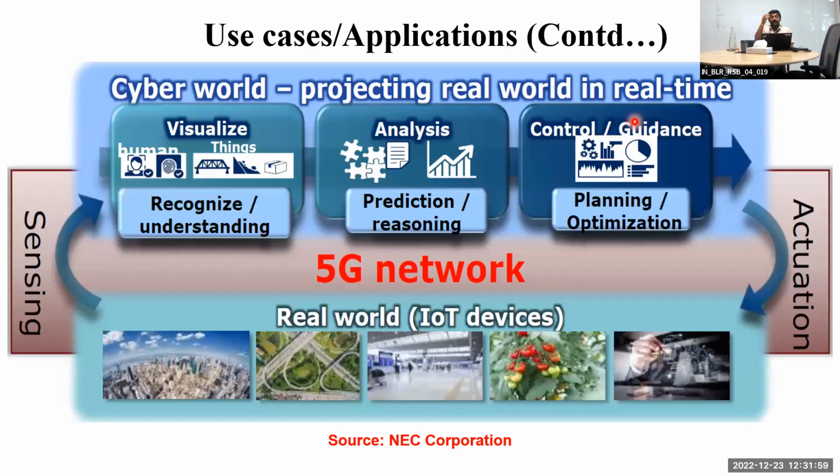Next is, see, this is what I was telling you, right? We collect data, and then visualize, analyze, and give guidance. So this is where, for example, the collection of data happens, right? This is where the 5G network comes into place. You can see here it's a kind of interface, for collection of data as well as the actions. So planning and optimization, it will send the actions also to the respective equipment, or IoT devices, and so on. So for sensing as well as sending back the actions, these 5G networks can be used.